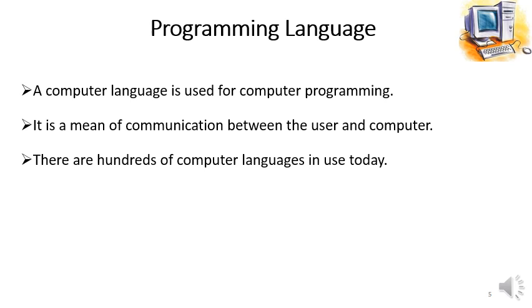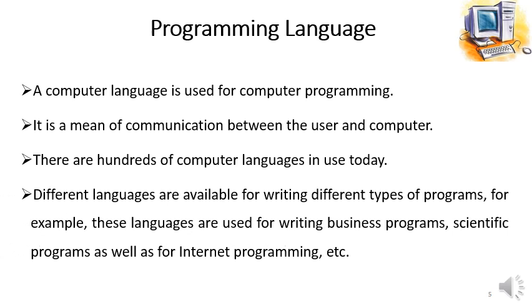There are hundreds of computer languages in use today. Different languages are available for writing different types of programs. For example, these languages are used for writing business programs, scientific programs, as well as for internet programming, etc. So it depends on the domain for which we are writing a program. So different types of languages are used for writing programs for different purposes,